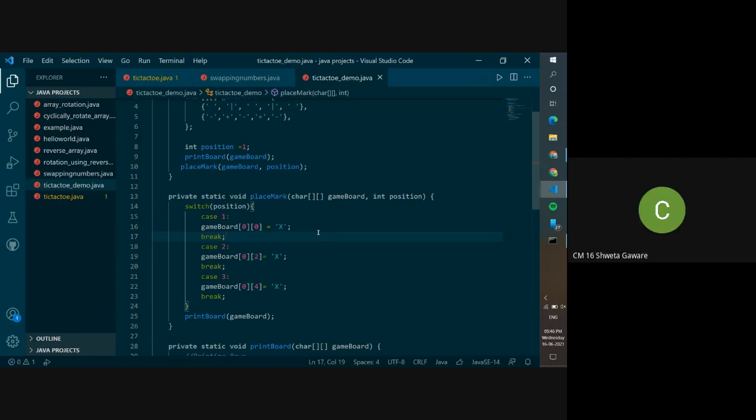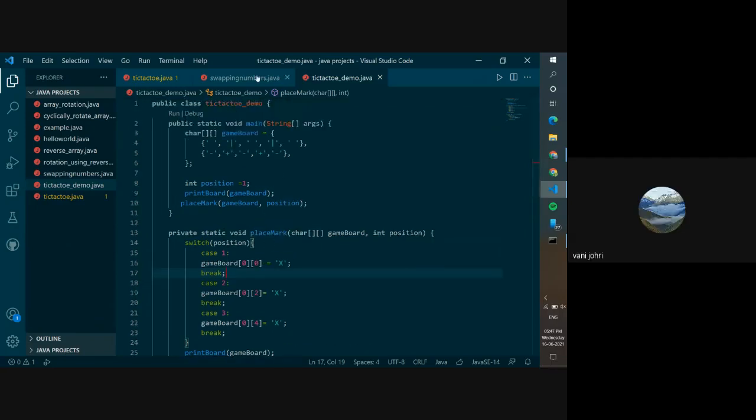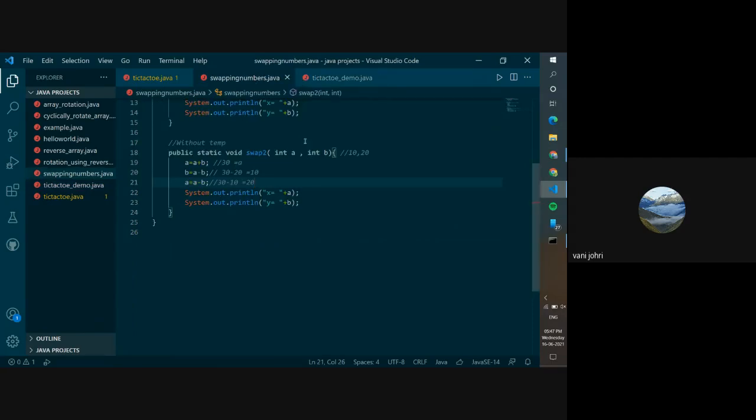Ma'am, will you please send the copy of code on the group? Send the copy of this code? No. You guys are not even supposed to take screenshots. You're supposed to understand it and do it again yourself. That's how projects work. I was not even supposed to explain it over here.